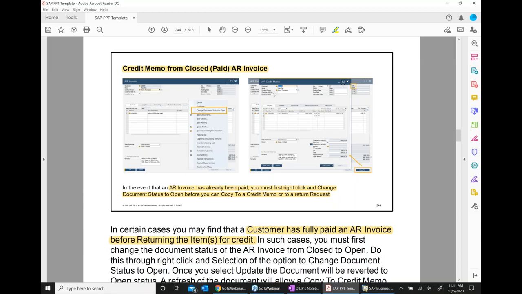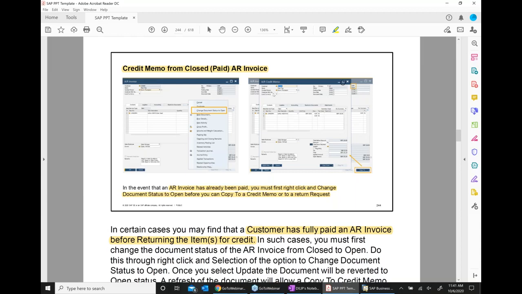These are all different kinds of agreements. So return of the material can happen at multiple stages. Return can happen after delivery. Return can happen after customer invoicing. Return can also happen after the customer has made a payment to us.